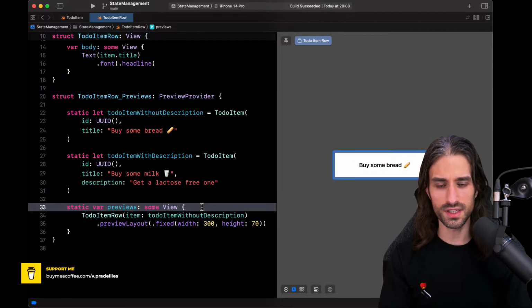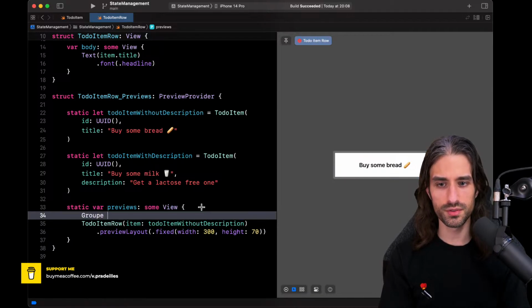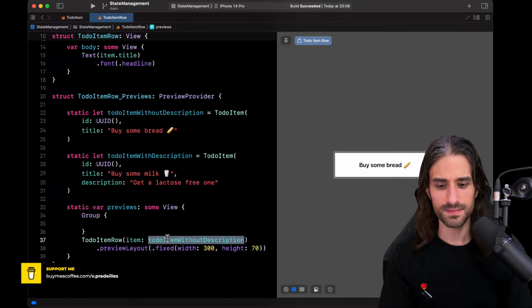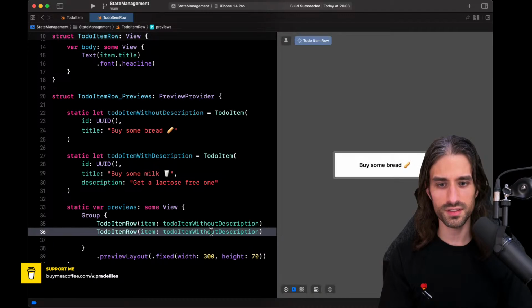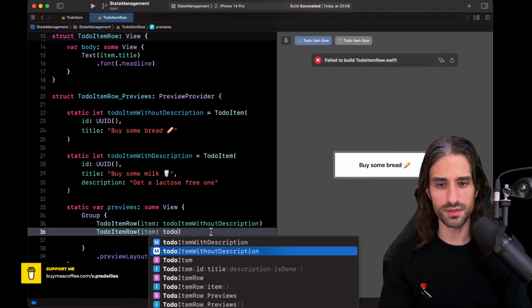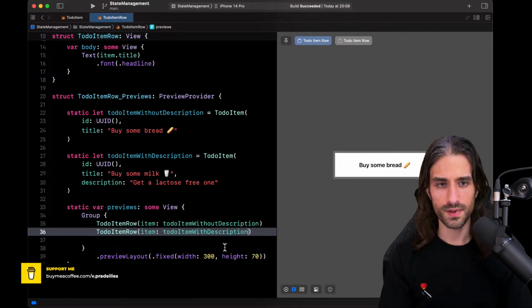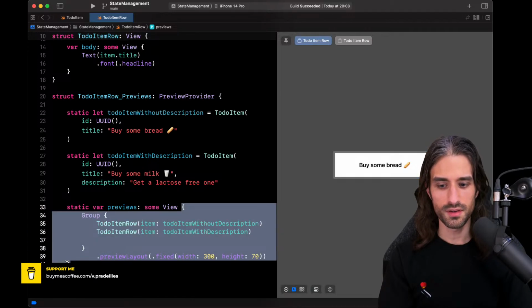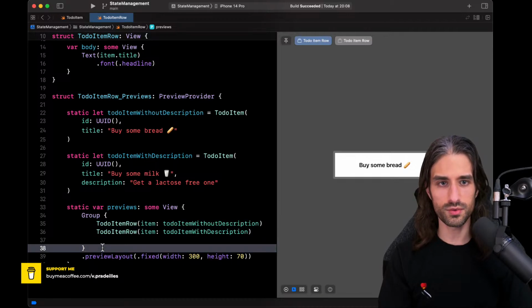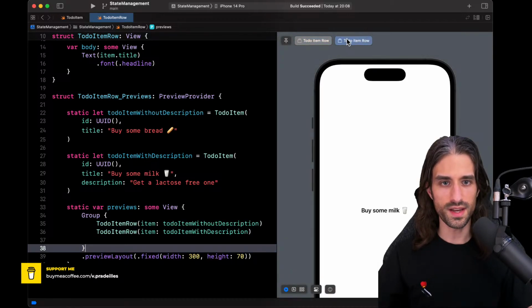So what we can do is group the 2 previews together like that. I'm going to leave the modifier preview layout at the level of the group. We'll see if it works. And so I show the second one like that. Okay, so factoring the modifier out worked. And now you can see we have our 2 different